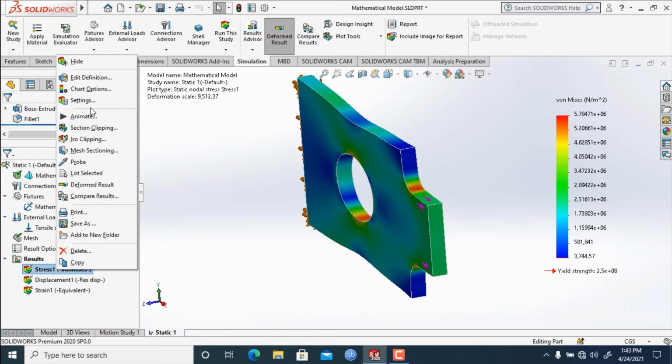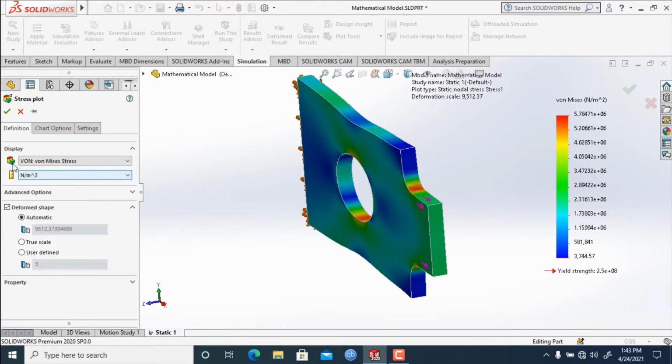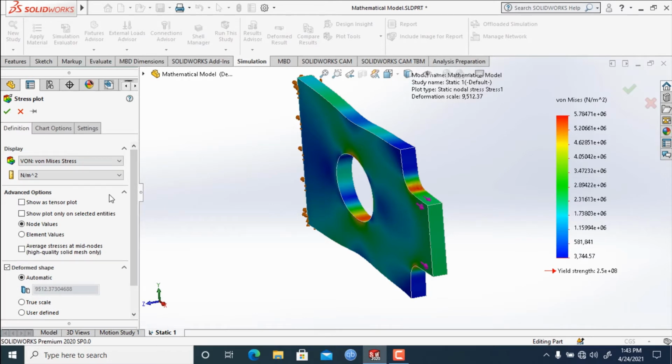Again, we will talk about the other options available in edit definition. Now if we drop down the advanced options menu here, we can see there are two main options. The first one is node values, and the second one is element values, and the others are some sub options like show as tensor plot, show plot only on selected entities, average stress at mid nodes, etc. So what is show as tensor plot? Let's click this tab here